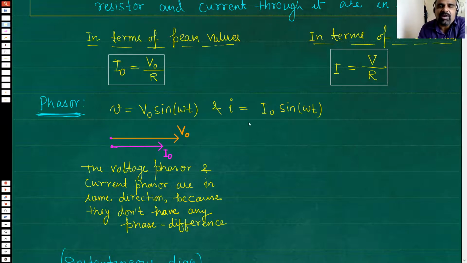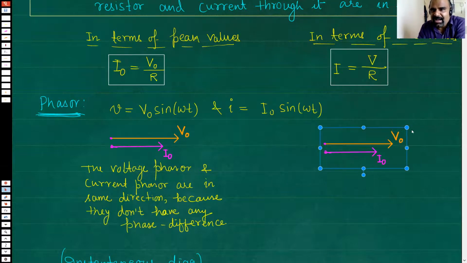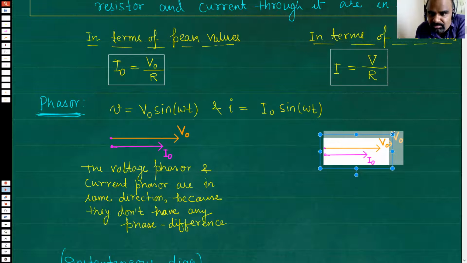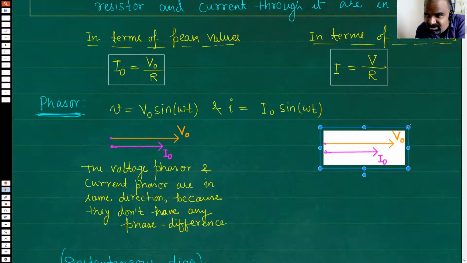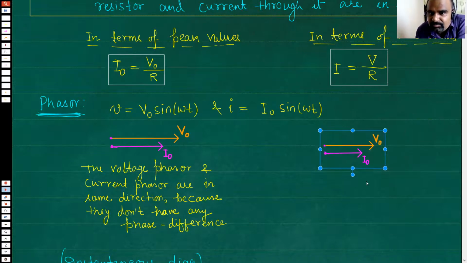Now, one more thing I would like to tell you. Suppose this diagram is there. Let me copy this diagram to this side. And now let me say that I'm going to squeeze this diagram by a factor of √2. This was the actual diagram, this much. You see the same length. I'm going to squeeze this diagram by a factor of √2.